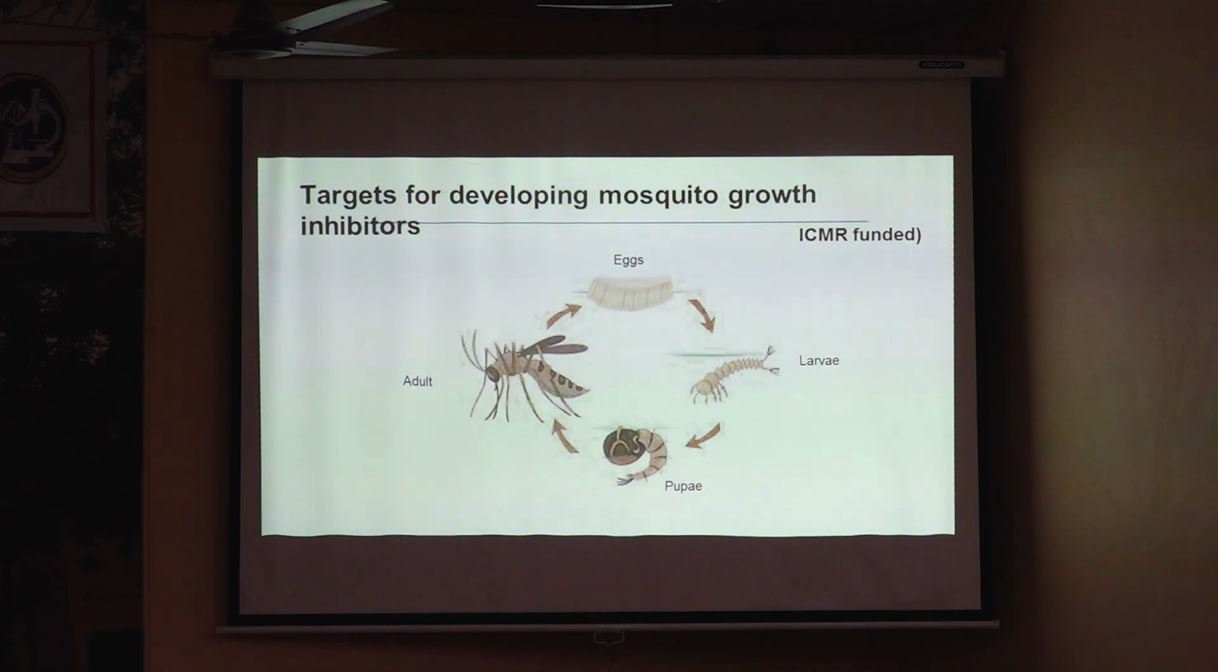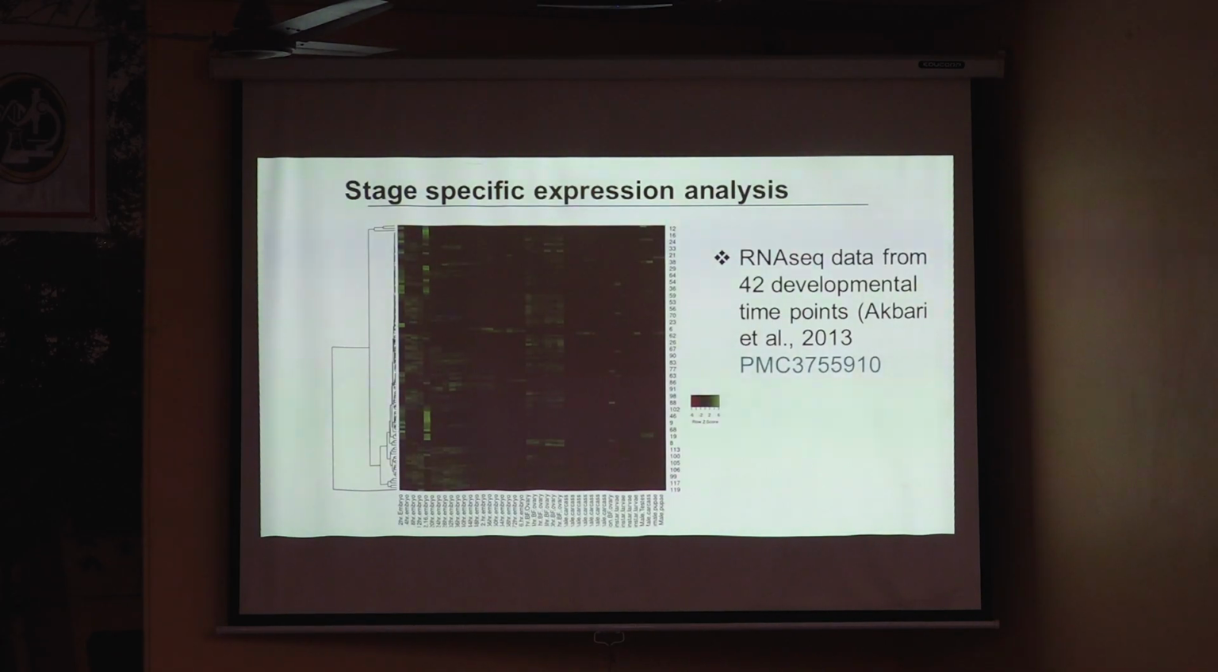As you already know, mosquito has 4 stages: egg, larva, pupa, and adult. So what we did was RNA sequencing data analysis from 42 different developmental stages of this particular species, right from the eggs to the adult. Then with this RNA sequencing data, I'm showing this heat map where the green color is for the upregulated genes and the black color is